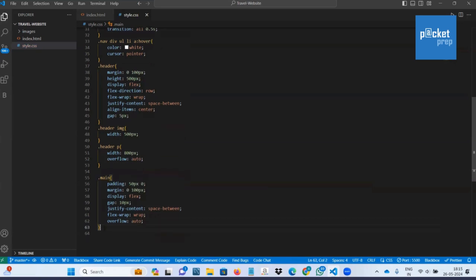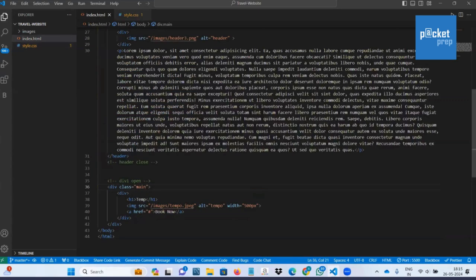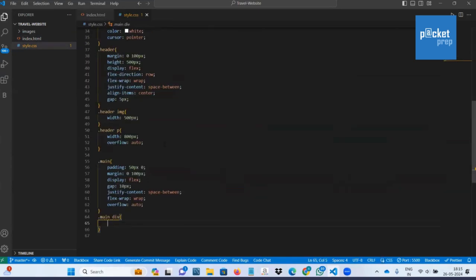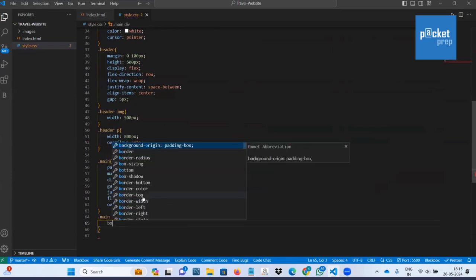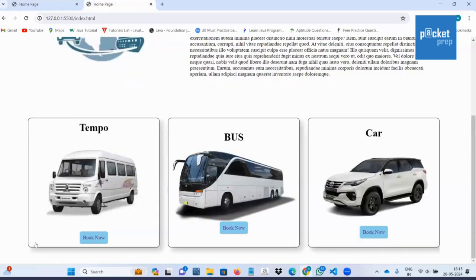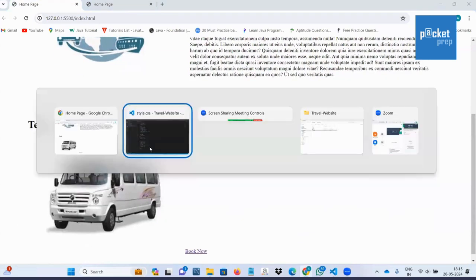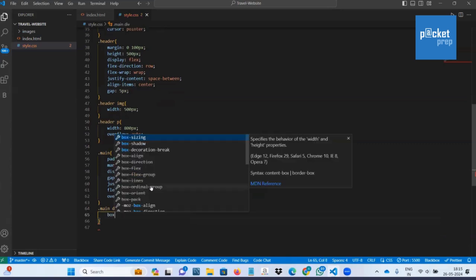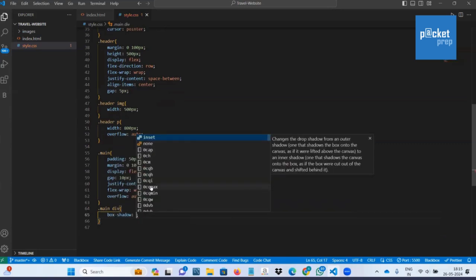And inside this main class, we have a div. For this division, I'm applying some styling. I'm giving box shadow, so that we'll get this type of effect, this shadow. Box shadow would be 10 pixel